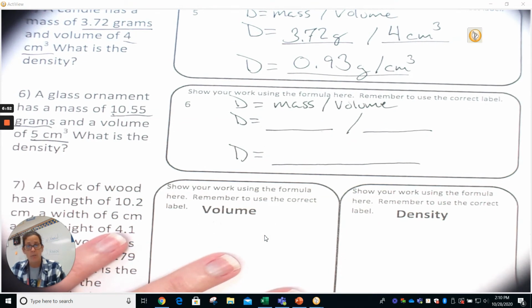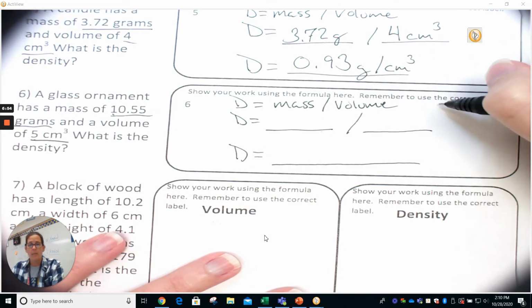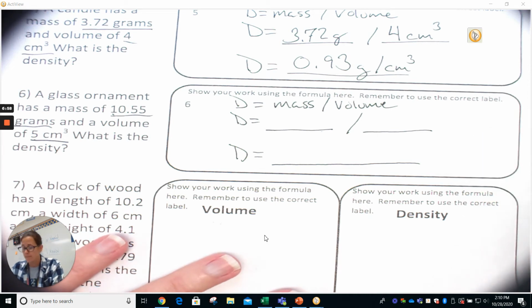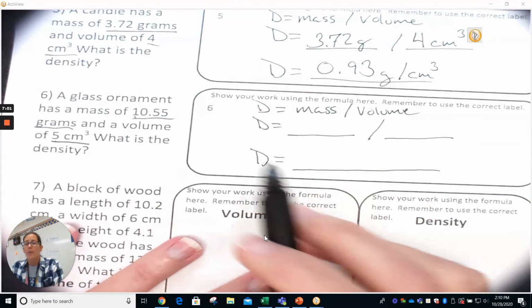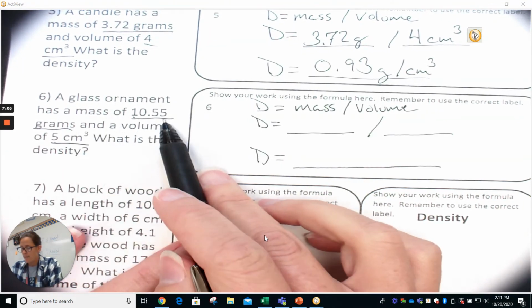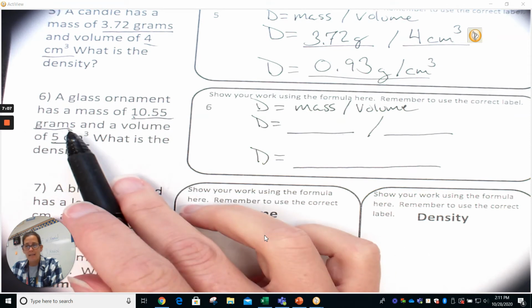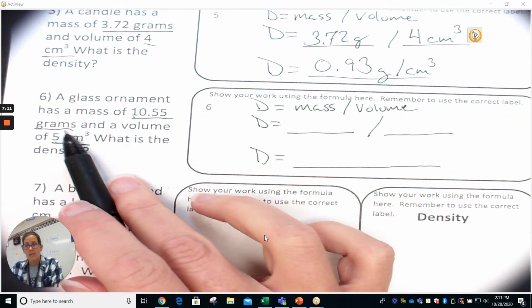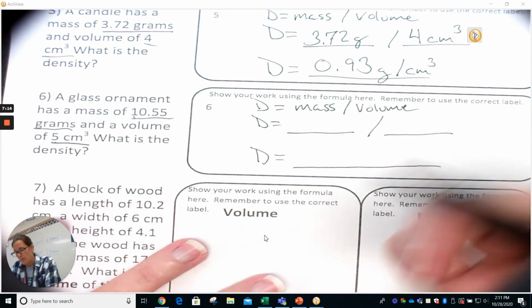Remember, when you're doing this on your notebook paper, I want to see this set up exactly the same as what I have here every time we're doing density, okay? So we need our mass first. It tells you here our mass is 10.55 grams. We know it's mass. They tell you so, but even if they didn't tell you, we've got grams right here. Grams is a unit of mass. So I'm going to write